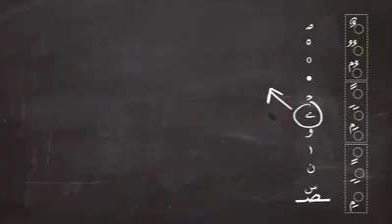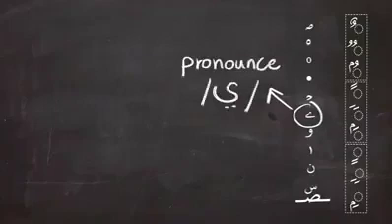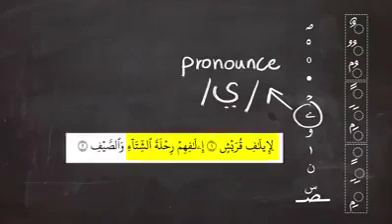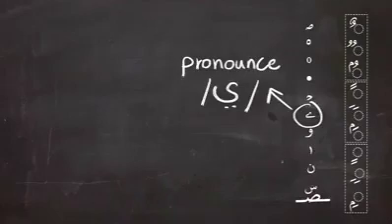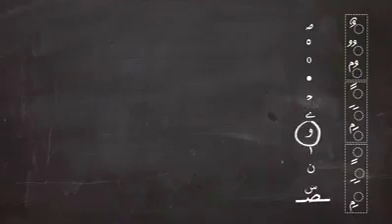Next is this sign, and this means the addition of ya, like in Surah Quraysh. لإيلاف قريش، إيلافهم رحلة الشتاء. Now, as you can see, there is no ya in the word إيلافهم. But there is this sign which tells us that there is a ya that we should pronounce. Exactly like the ya in the first ayah, لإيلاف. So there is a ya here. This is a pretty common sign. Could be a little bit confusing if you forget to pronounce the ya in some positions.